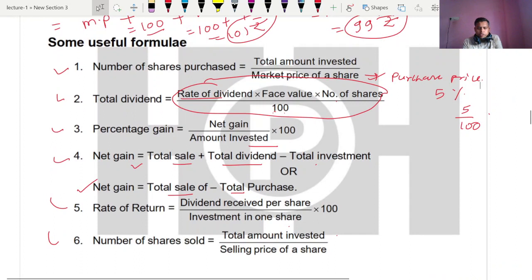This is the second lecture of our playlist F4 Business Mathematical and Statistical Technique. Okay, so the lecture on the Share topic is going on, and this is the second lecture. Last time we saw these formulas. All these formulas, please remember them and you can solve each and every problem. So I have taken an example from each of these above problems. Let's start.